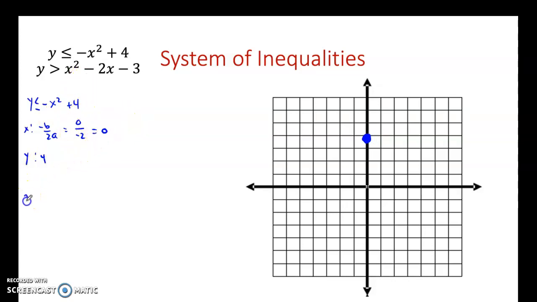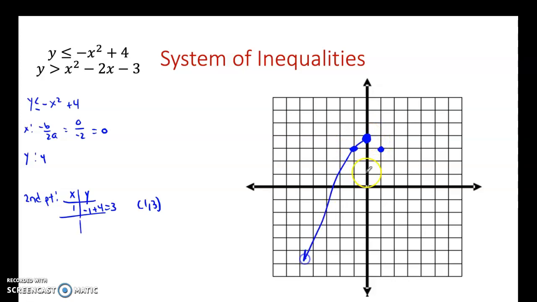So for the second point, you could put 1 in for x. To see, anything will work. But you could put 1 in. I like always going 1 to the left or 1 to the right of my vertex. And when you put 1 in, you're going to get negative 1 plus 4 equals 3. So my point will be 1, 3. So again, you guys did that already. 1, 2, 3. And then the symmetry tells us we're going over here,